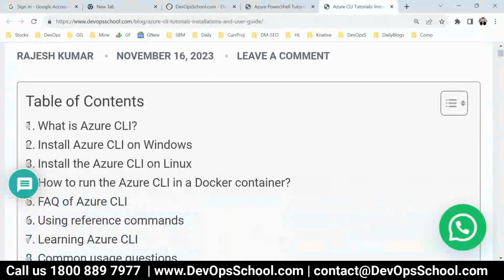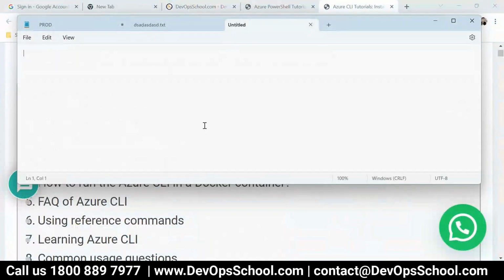So today I'm going to talk about two services which are very important for you to learn and practice. One is Azure CLI and another one is Azure PowerShell. Okay. So all of you have created an account at Azure